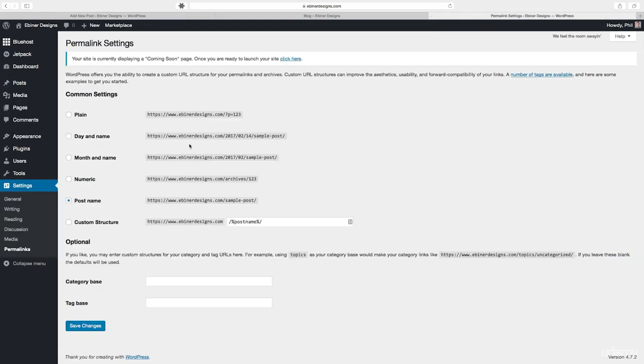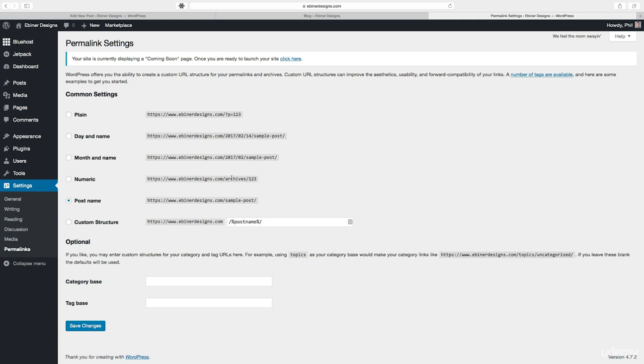You have common settings that you can use, such as plain, which is just when you create a new page or a new blog article, it's going to be ebenerdesigns.com/?p= and then each page has an actual ID number. Or you can do the day and the name. So if you want to include the day or even just the month, you can do that.